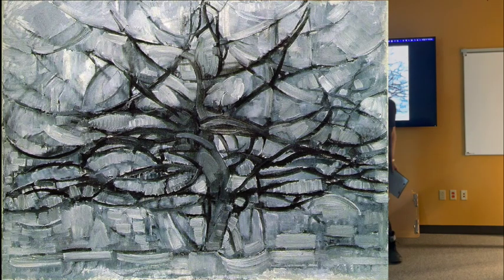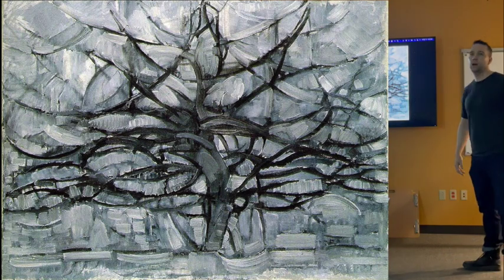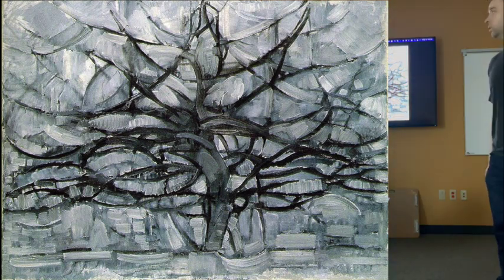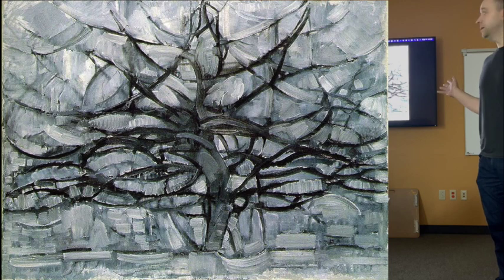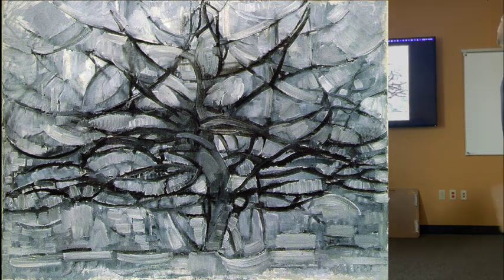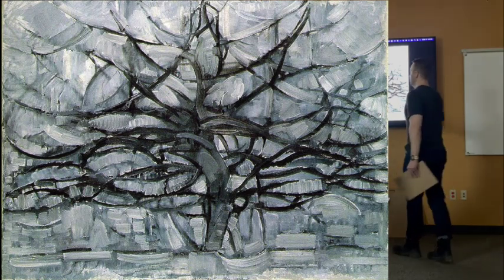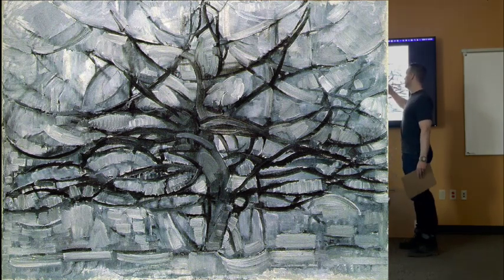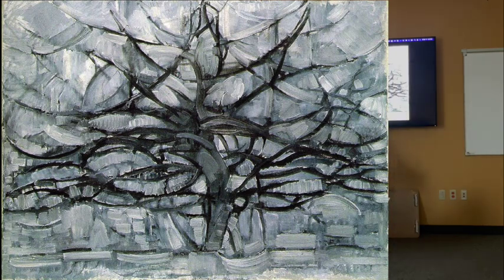This is a painting that he then goes on to do after he's seen what Picasso and Braque have done. So no longer is he painting a tree per se, he's painting the shapes that the tree carves into space. So it's all about shape, contrast. He's still kind of focusing on sky versus branches and that interplay between what's behind and what's in front, the push and pull of them.